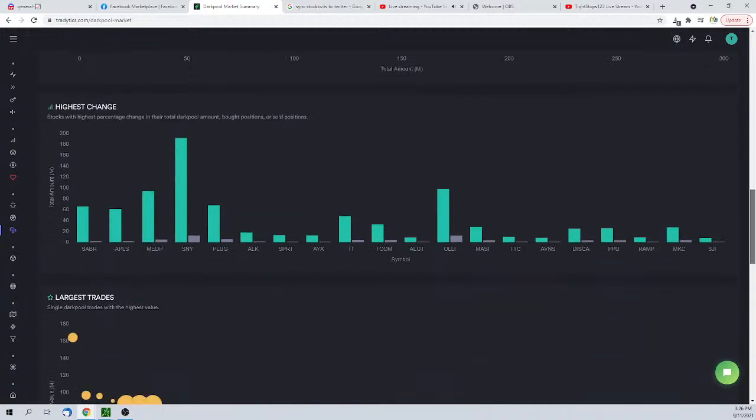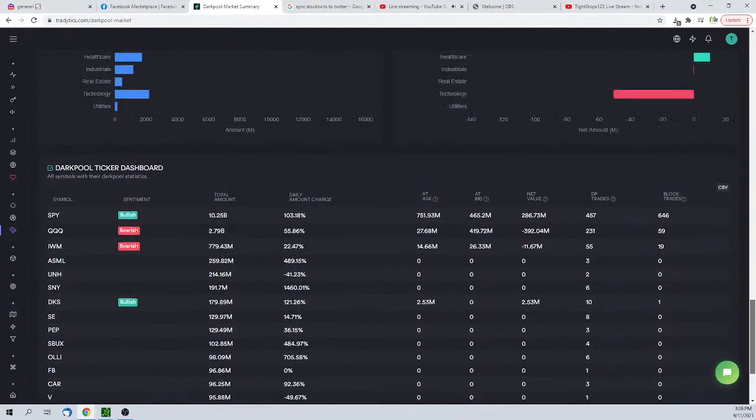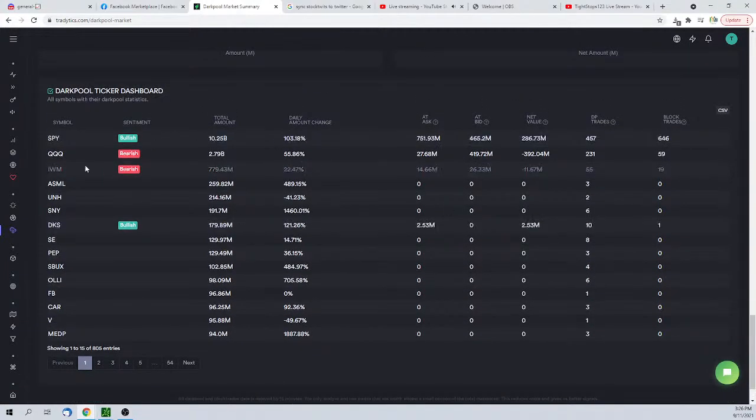Highest change dark pools. This is not anything. Now this down here, the dark pool ticker dashboard, when you start seeing names you recognize like SE, United Healthcare, you want to look at the percent of the daily amount change. This is nothing. But when you see something like a 500% change on daily amount, which is basically volume,